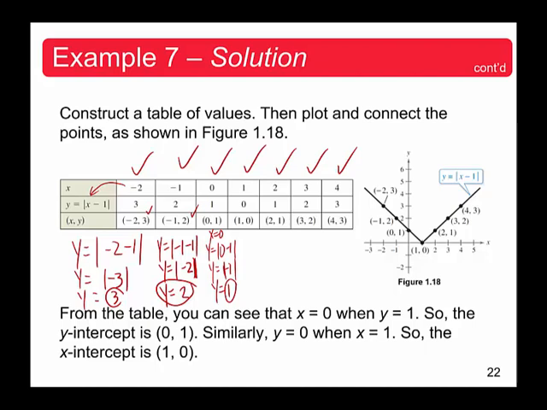So everything that comes out of the absolute value sign will become positive. Okay, that's the key principle for the absolute value symbol. So we get all these ordered pairs, and if you plot it, you get this, the graph of the equation. As you can see, there's a symmetry here, and the symmetry turned out to be